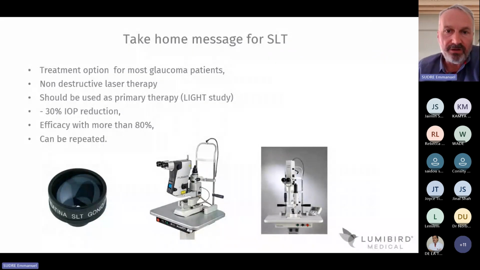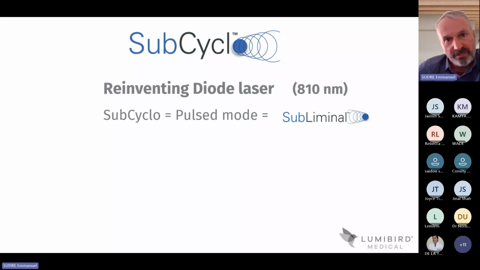I will not develop this take-home message. It's up to Dr. Sow right after. It's just a really simple procedure in office that takes 5 minutes, and we can expect 30% IOP reduction. As well, it can be repeated. It's quite simple. My second topic today is to talk about Subcyclo, which is the new use of the